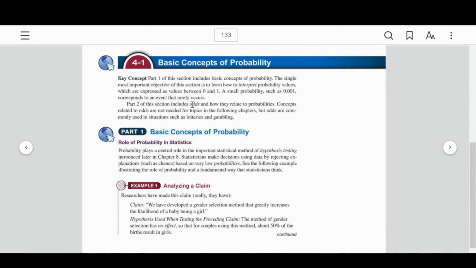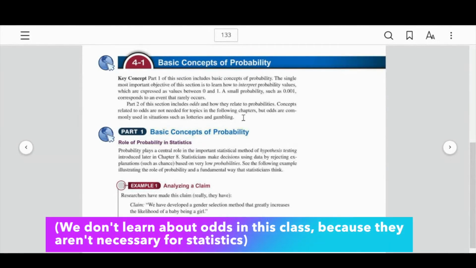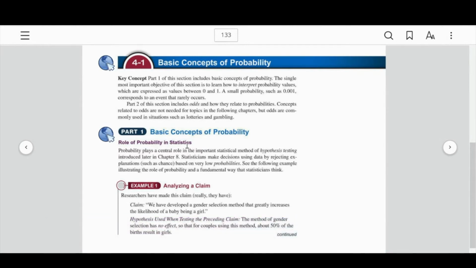There are problems dealing with odds in the exercises for chapter 4 section 1, and you may have encountered them if you worked ahead. You encountered a problem that said your teacher has removed this question and you have been given full points, and you can thank me later. Those were the odds questions. I removed them because I think it's a waste of time. If you want to read it, you can, but we don't need it for anything we do in this class. So basic concepts of probability, and then he doesn't give you the basic concepts.